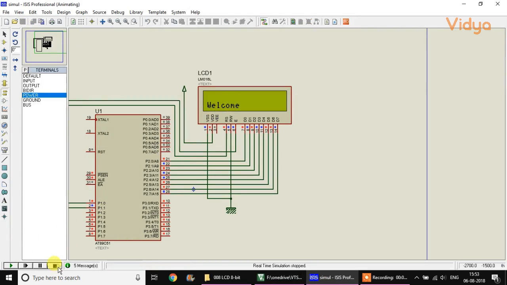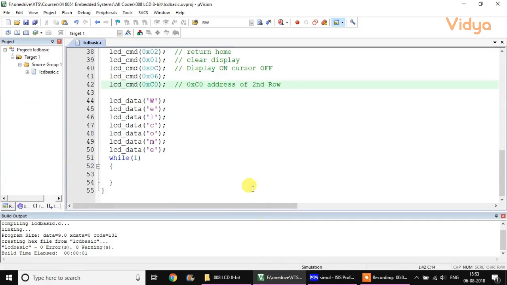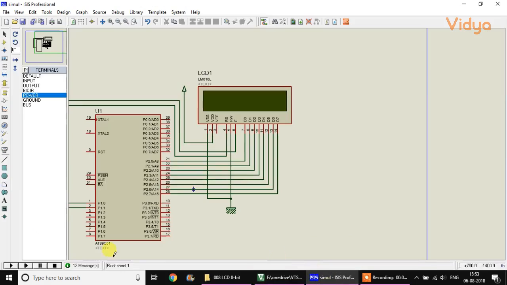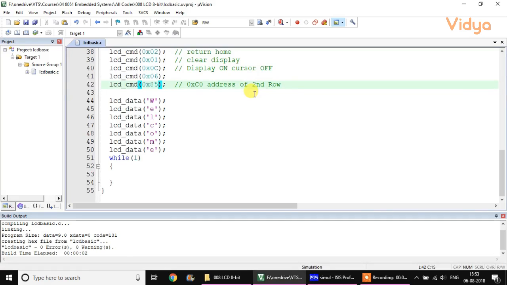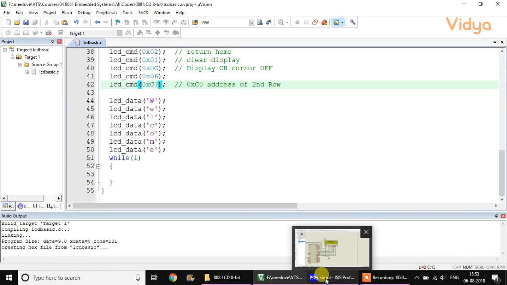And not only the starting position of the line, you can also go down to some next positions, say 0x85. That will be printed onto the middle of the first row of LCD. Similarly, 0xC5 will print, or 0xC7 will print slightly inclined to the right side of the LCD.